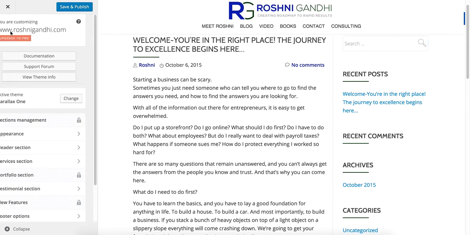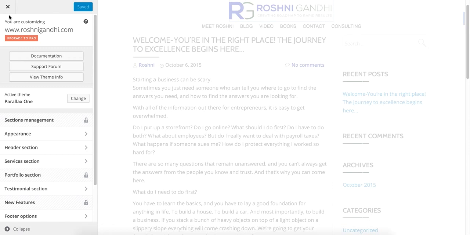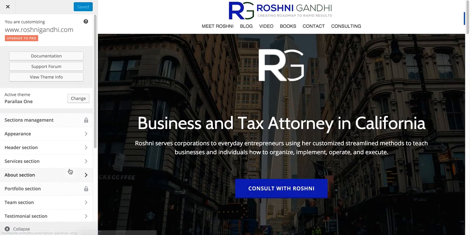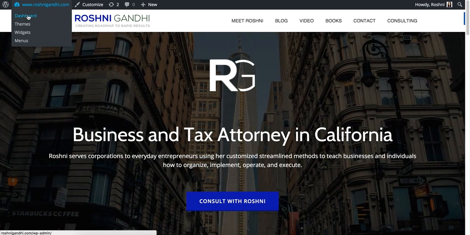Now I'm going to show you how you can add a menu to your website. To add a menu, you can do it from here as I showed you earlier. The second option is you go to the dashboard, and in the dashboard you click on appearance, and under appearance you click on menus.